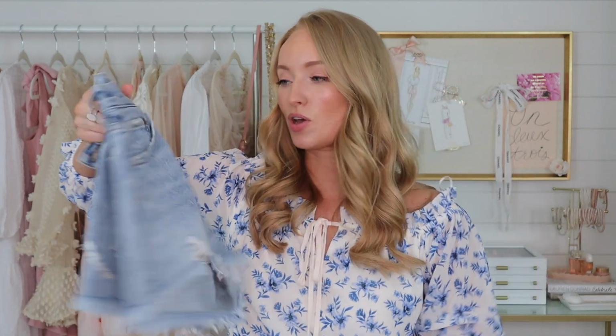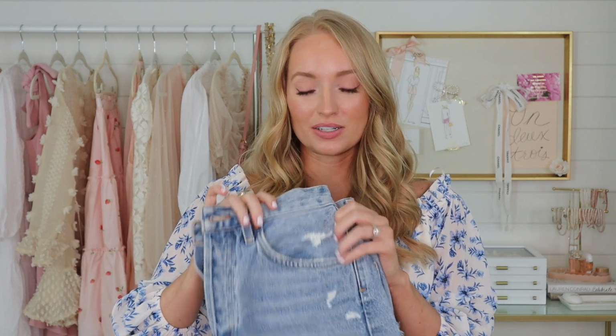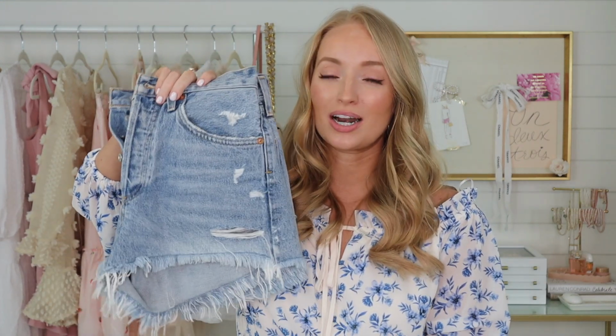So style tip number two is just going with more flowy fits versus fitted styles. The example I have to show you are these two pairs of shorts. For one, denim shorts are definitely going to be a thicker, heavier material. They are typically not going to be as breathable, plus they're a lot more fitted. So between the two, jean shorts, even though they're shorter and your legs are showing, you would likely be much hotter in jean shorts than you would in a longer fitting dress, especially if you are sitting because, you know, swamp butt,